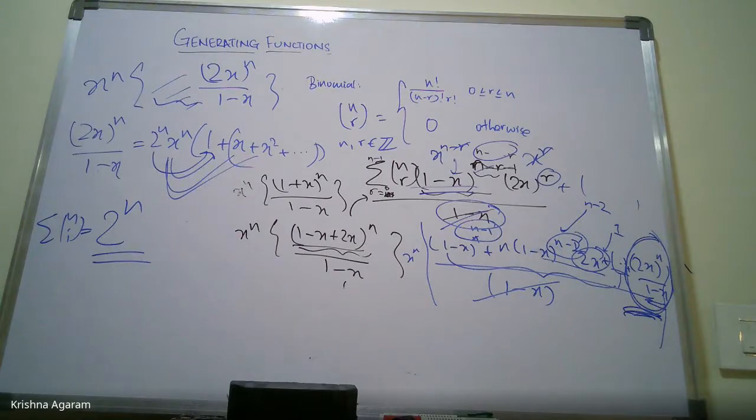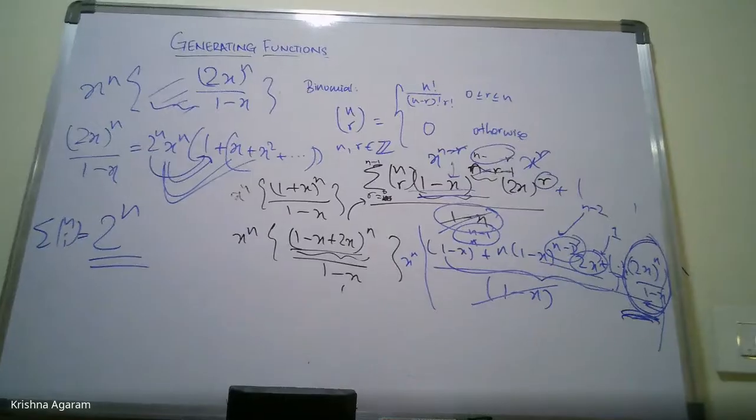But the original function in which we started, the coefficients of x to the n plus 1 and n plus 2 were all 0, but in this function they are something non-zero. So where is this happening? No, we want only the coefficient of x to the n. No, but in the original function which we started, the coefficient of x to the n plus 1 was 0, as it was n choose n plus 1, but now it is non-zero.